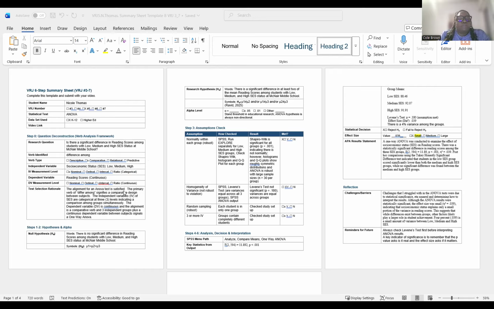So the alignment for the ANOVA test is satisfied because the primary verb differ among signifies a comparative design. And there are at least 3 levels for the socioeconomic status, low, medium, high, indicating that there's a comparison among the groups simultaneously. So the dependent variable is continuous, and we know that this signifies that we need a one-way ANOVA for the test. So the next steps of